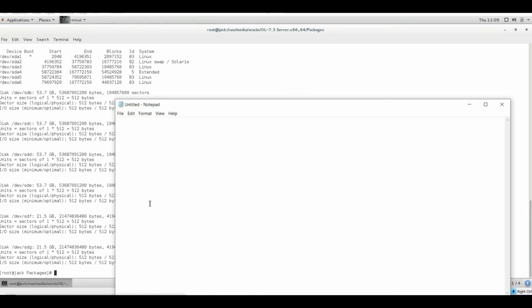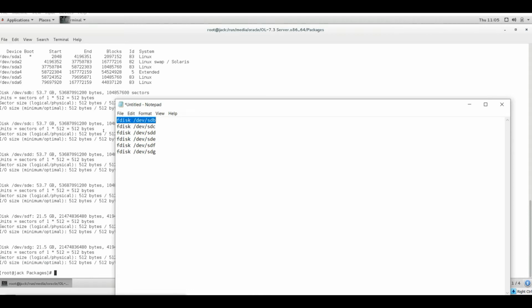The disks are /dev/sdb, sdc, sdd and sde. So 6 disks are there. These 4 are 50 GB each, then F and G of 20 GB each.